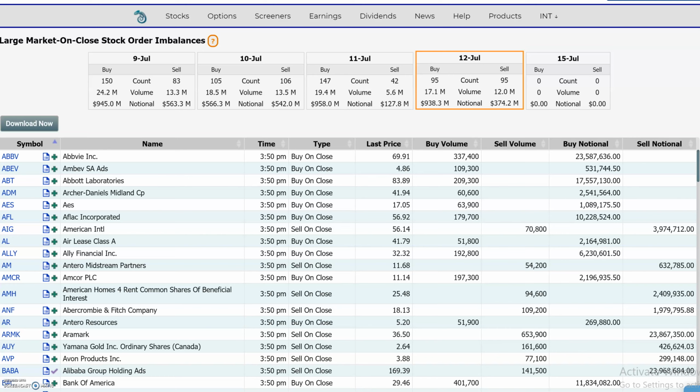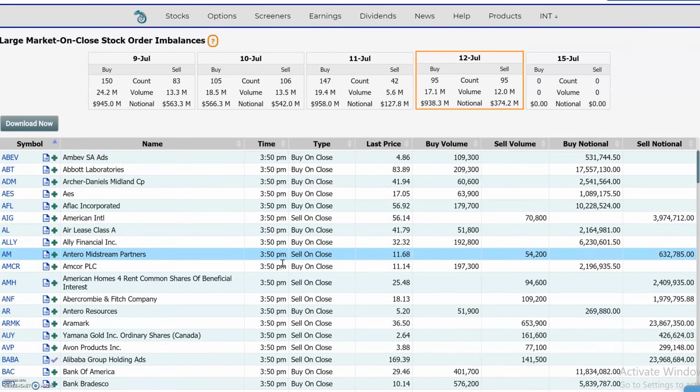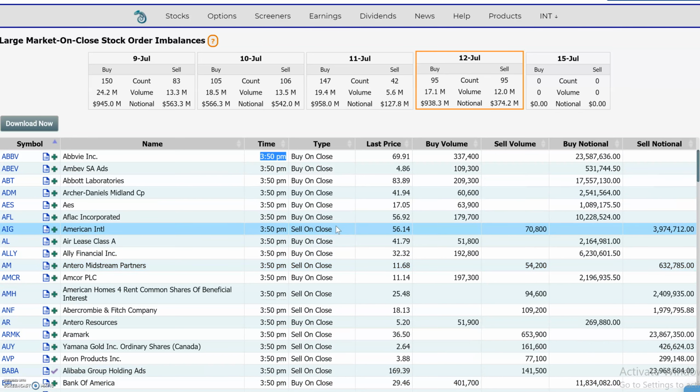And this here is an example of the buy order imbalance. It gets printed on the tape at 3:50 p.m. The idea is that it gives an indicator. If there's a huge buy order imbalance, it's an indicator for someone who might be looking to sell a big block of shares, and this gives them a chance to match up. If not, the specialist will execute against his book. Printing at 3:50 p.m. gives it 10 minutes before the close to get all those